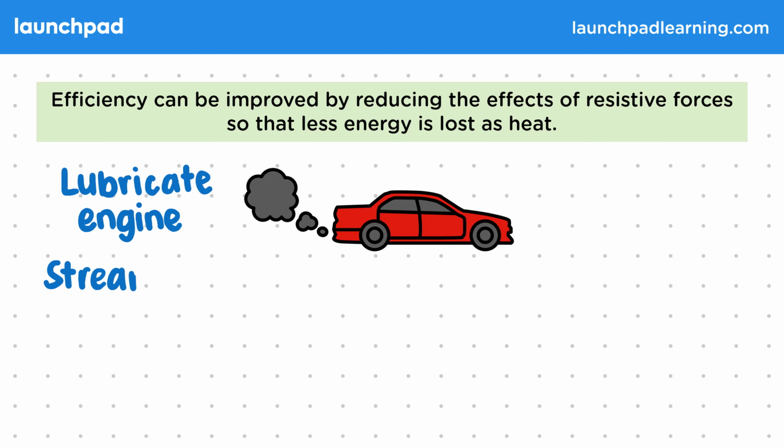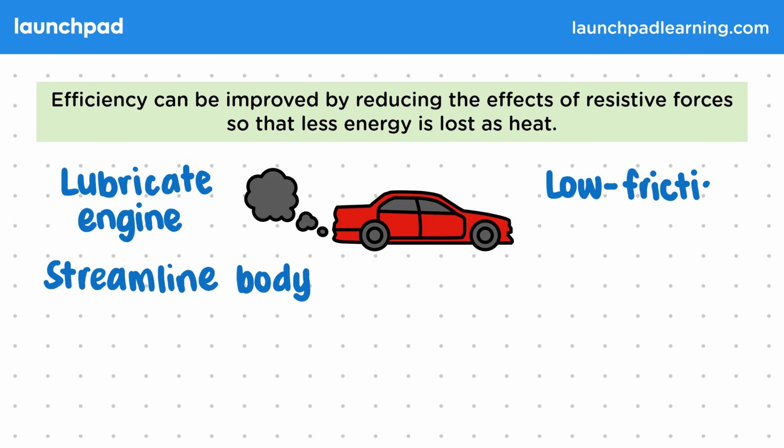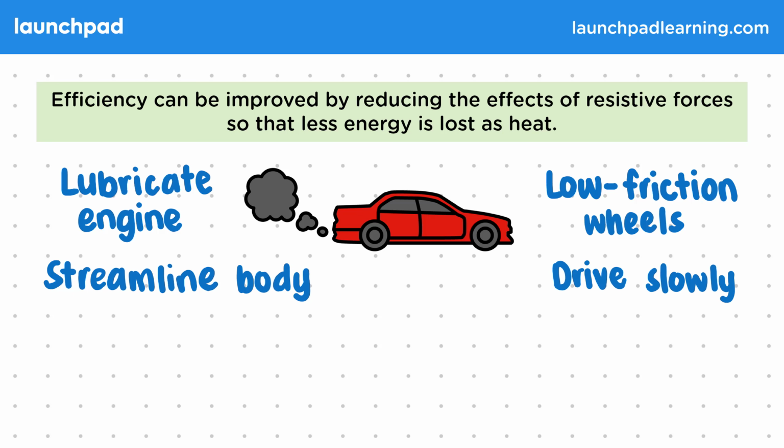We could streamline the body of the car. This reduces air resistance as there's fewer collisions between the car and the air particles. We could use low friction wheels, which can roll along and they don't drag or slide along the surface, and this also reduces the heat loss. We can try driving more slowly. To travel faster and cover the same distance in less time wastes energy due to things like the increase in